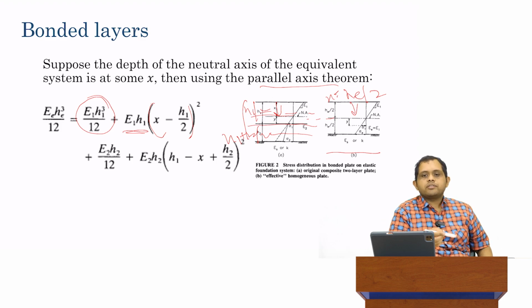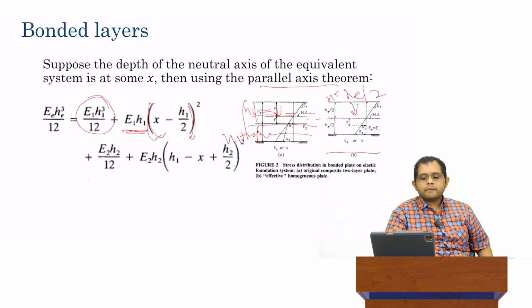Again, nu gets cancelled out everywhere, so that's why you're seeing just a 12 in the denominator. So it's E1 H1 cube divided by 12. Now we have to shift it by a distance which is equal to x, and so it is going to be shifted by x minus h1 over 2, wherever that is. So it's going to be E1 H1 into the square of the radius of gyration, which is x minus h1 over 2